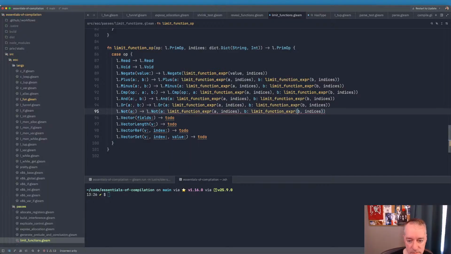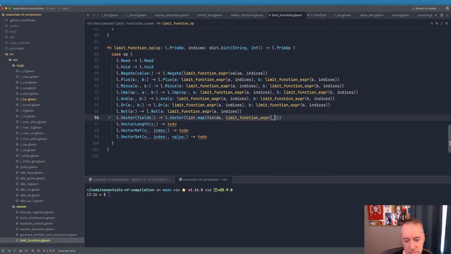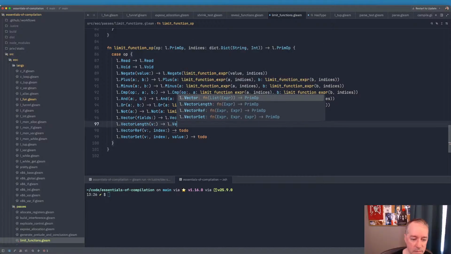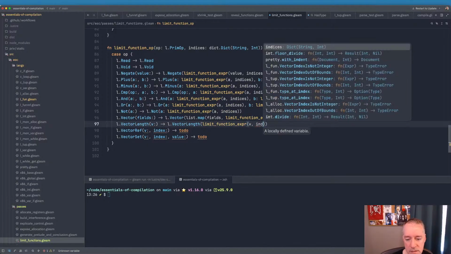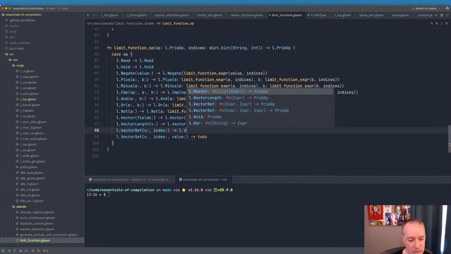L.not is going to be just A. Okay, and this is going to be L.vector list map fields, limit function expression indices. Vector length is V, a whole expression there? Yeah, about vector length. Limit function expression V indices. Again, this is not very fun code,